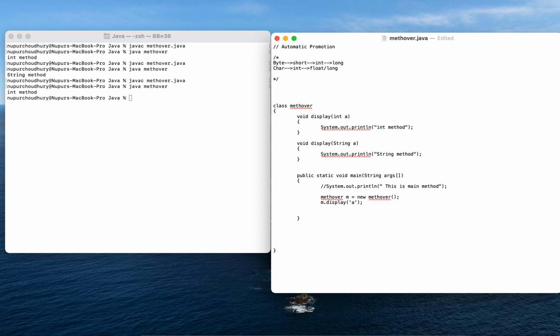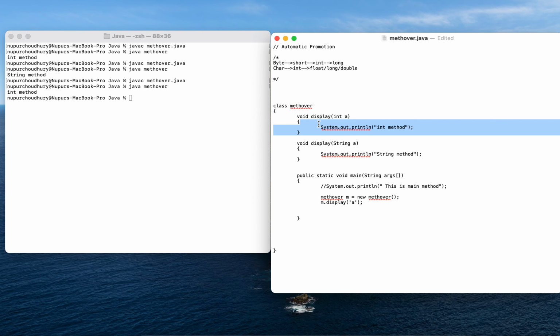So if no matching type for int is available, then it is automatically promoted to a float, long, or double data type. This is how automatic promotion takes place. Since I'm passing a character value here, and it does not have any matching data type in the arguments of the methods in this class, it is automatically converted to int, and since there is a matching int method, it will simply print whatever is within this particular display method.